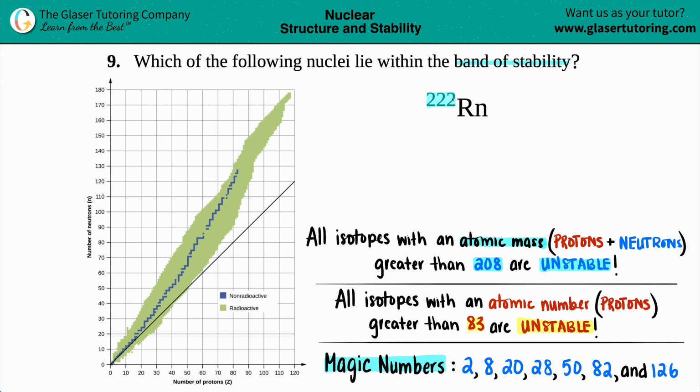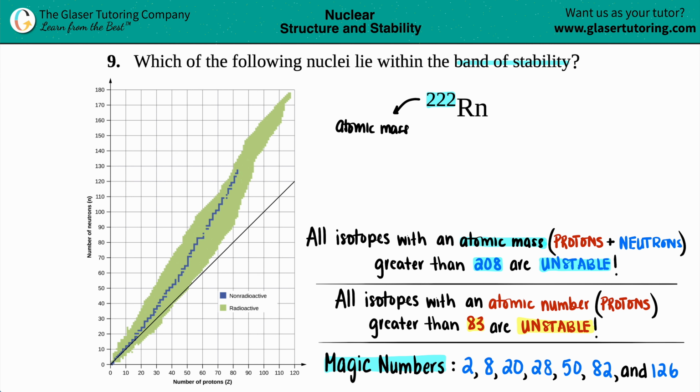Now this big number up top here is always going to be your atomic mass. So the atomic mass is always the accumulation of all the protons and the neutrons that are in the nucleus. So we have protons plus neutrons. We have a huge number here. Generally, if you're in the 200s, you're a big atom, and big atoms have a higher chance of being unstable.